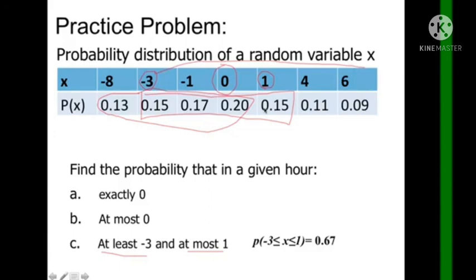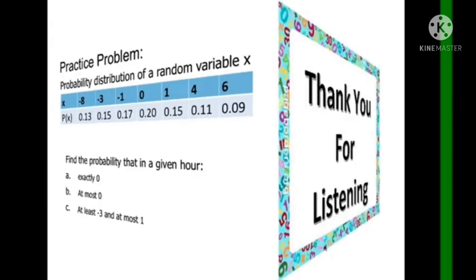0.67. Okay? This is equivalent to x greater than or equal to negative 3, but less than or equal to positive 1. Okay? So, you can check, you can just add all of this to check if it is 0.67. Alright, so that's